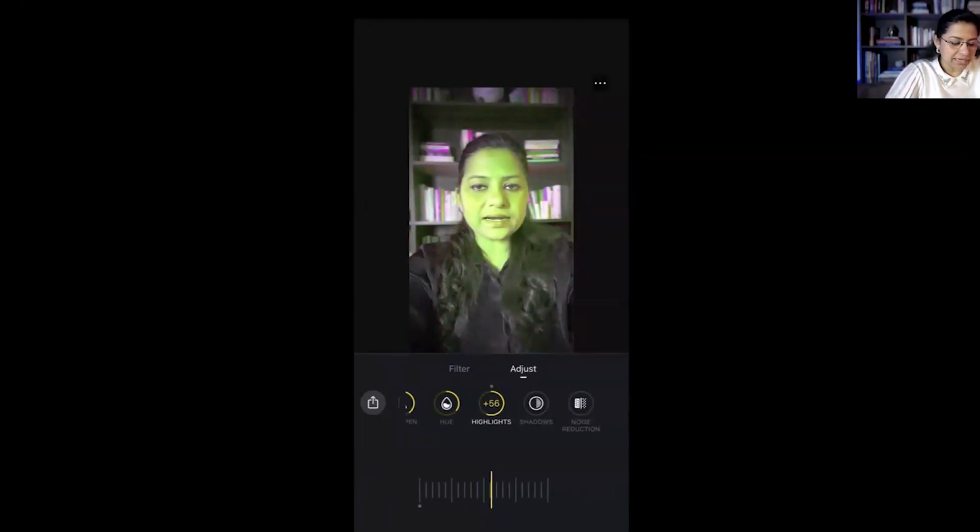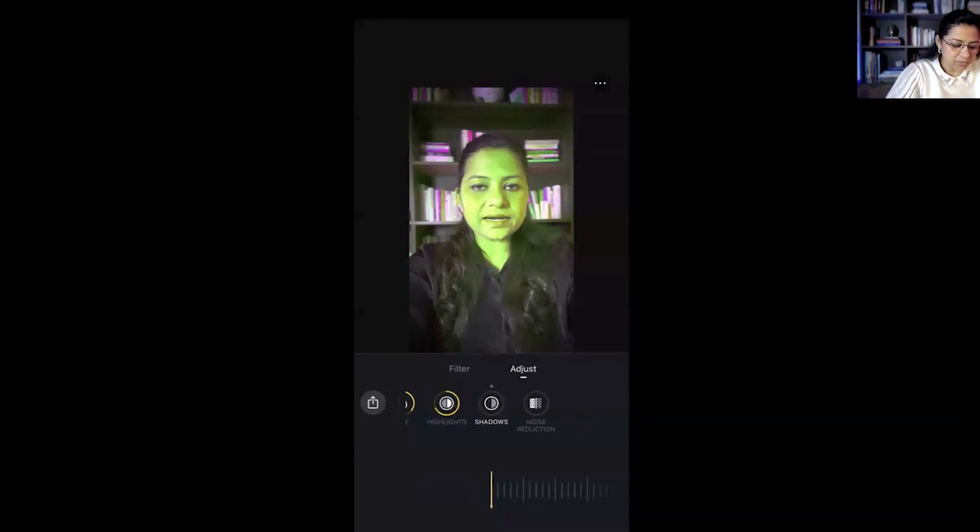Now, highlights. In case you want to make your entire video very sharp, you want to highlight it, then you use highlight higher. And if you don't want, then you reduce the highlight and you adjust it according to how you want. You reduce it towards 30, 40, 20, 30, 40 for a certain kind of highlight, and you also increase it. Increasing means it will make a lot of light on your face, and the skin will start looking not very smooth, very rough. So be very careful while adjusting the highlights.